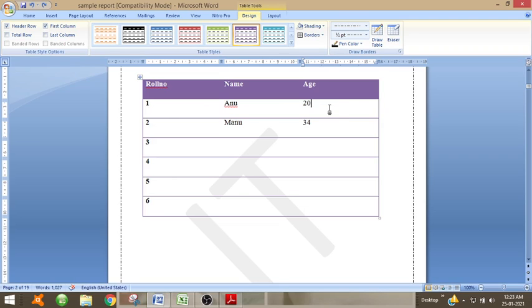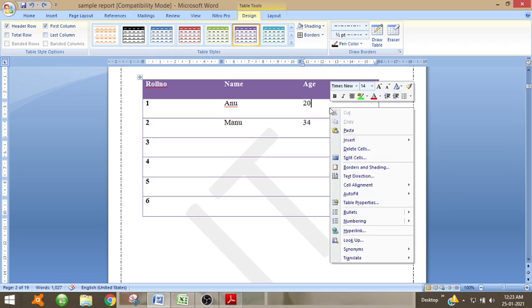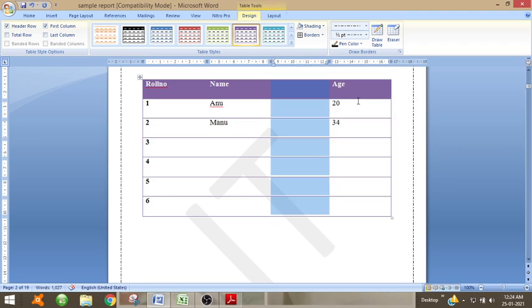So if we want to insert a row, click on any cell, then click on insert. Then if you want to insert a column to the left side, click on insert column to left. So a column to the left side of that particular cell will be inserted, and you can rename it as marks.